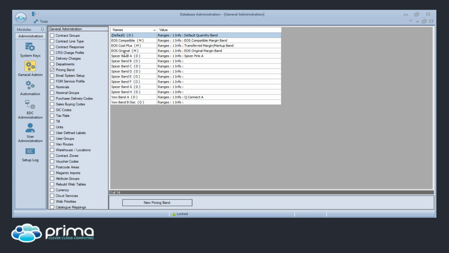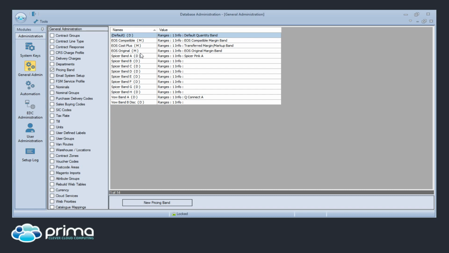Okay, so what we wrote about in the blog was, we're seeing more and more customers having this approach to the pricing across the board. So not just for the kind of compatibles where the pricing is quite volatile, also the other bands for the kind of fast moving Q or 5-star lines as well. So